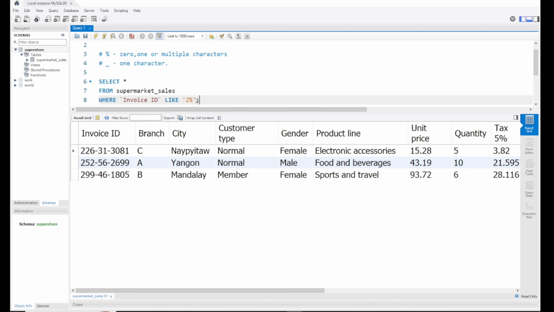Say for example, I'm really not interested in it starting with 2. I just want 2 to be in between, just to be one of the numbers that's found in the invoice number. So I can do this. Okay, let's use it as a combination. I will use that as an underscore now. So I'm saying 1 character will come before 2. After 2, whether it's 0, 1 or multiple characters, that can come. So if I load that up now,